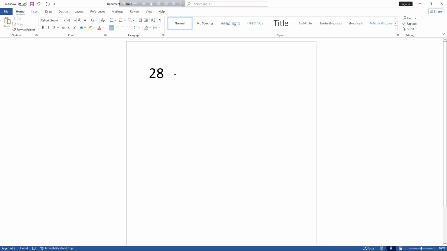Another way to do that is to select the text you want to superscript, then go to Home tab and select superscript. By following these two methods, you can easily write power in Microsoft Word, and you can also use shortcut